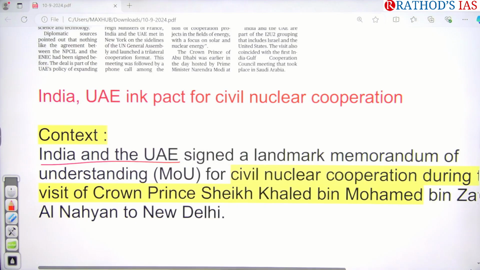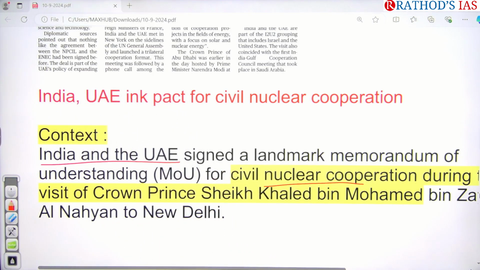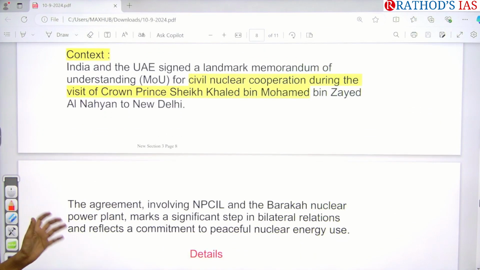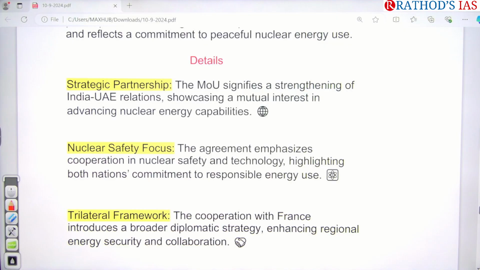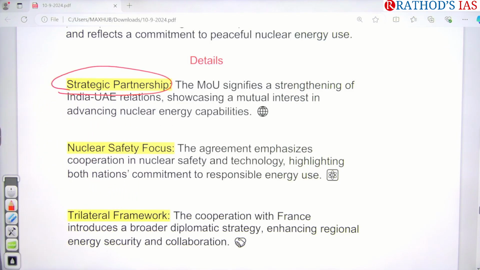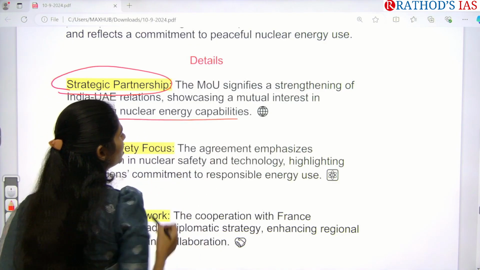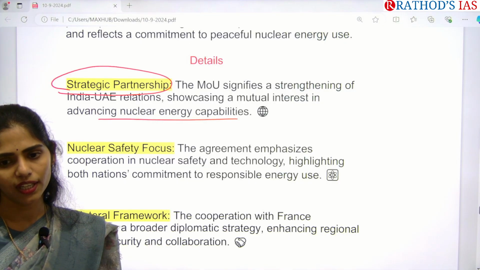Clear? Okay, if you see the context, it says that India and UAE signed a landmark memorandum of understanding for civil nuclear cooperation during the visit of the Prince to India. There is no need to remember the name of the Prince. So see the details, what are the key points? Because of this memorandum of understanding, we can understand that these two countries want to collaborate and improve nuclear energy capabilities, because India is also very forward in nuclear technology,